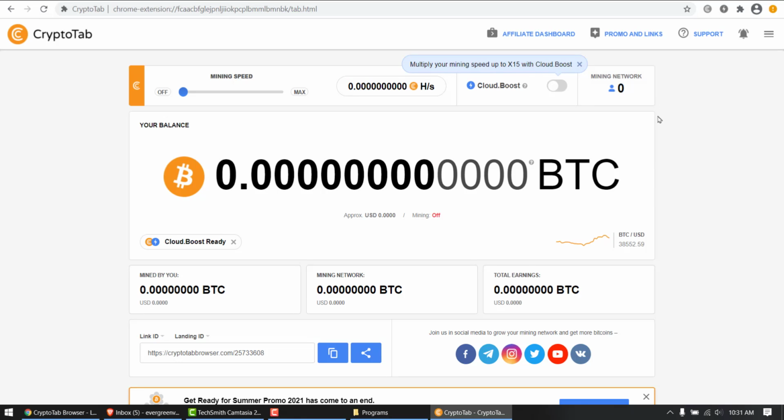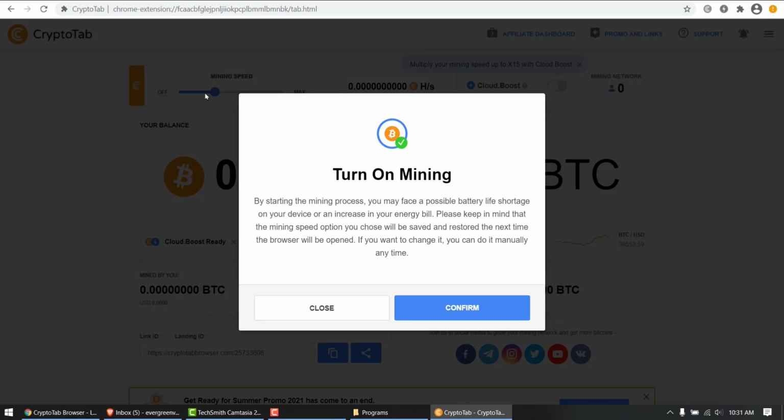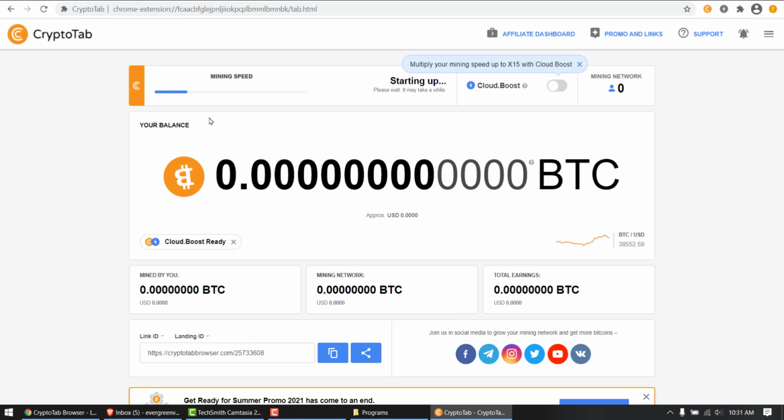Okay, then currently the status is off. I will enable it by using some resources. Turn on mining. Disclaimer says, by starting the mining process, you may face a possible battery life shortage on your device or an increase in your energy bill. Confirm. Okay.